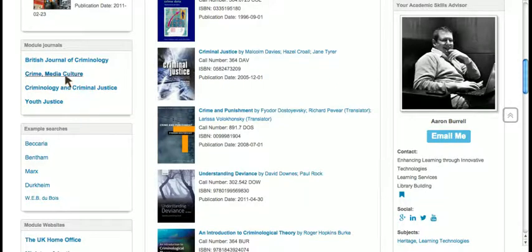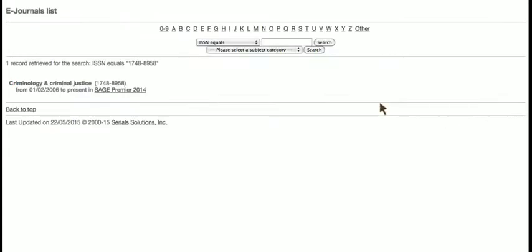Again, a student could just click on the journal that they were looking for. If they did that, this would then take them to our record. So if we go over here, students could just access the journal by clicking on that link. If we go back though,